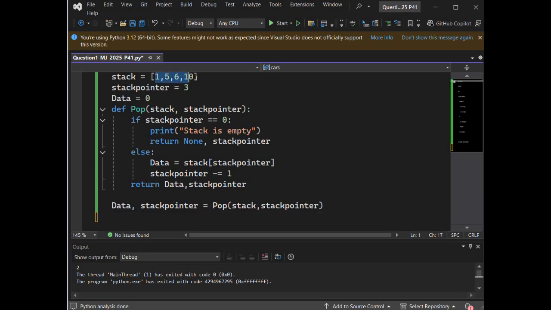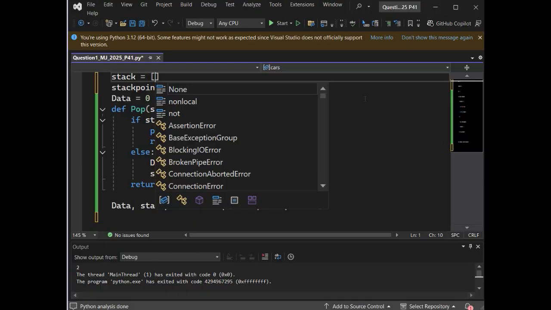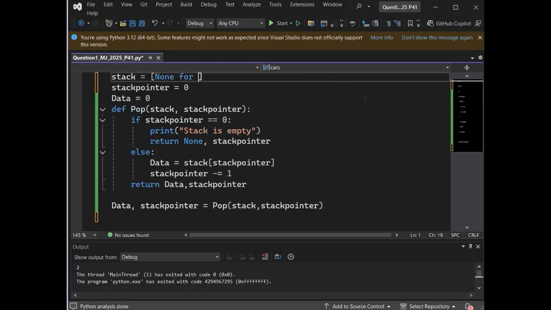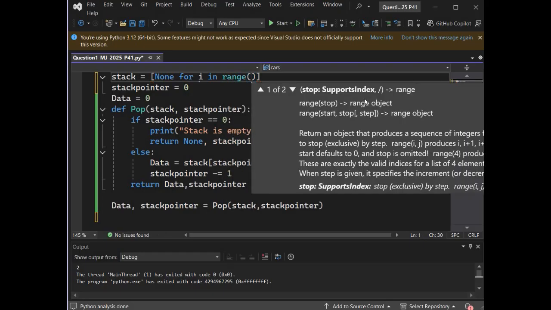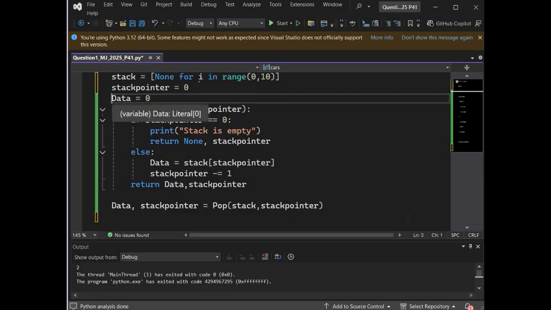We are going to go ahead with an empty stack, and then we are going to create code for the push operation. So I just created a blank stack.